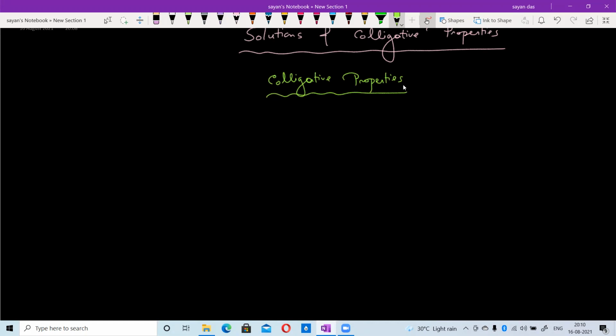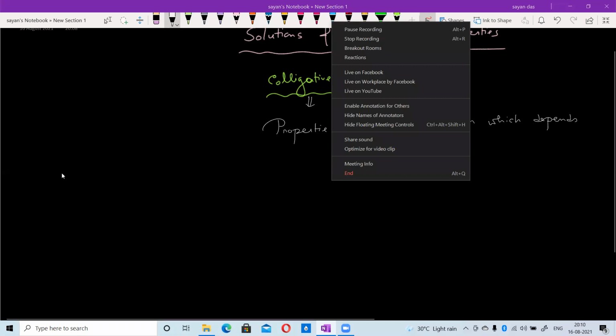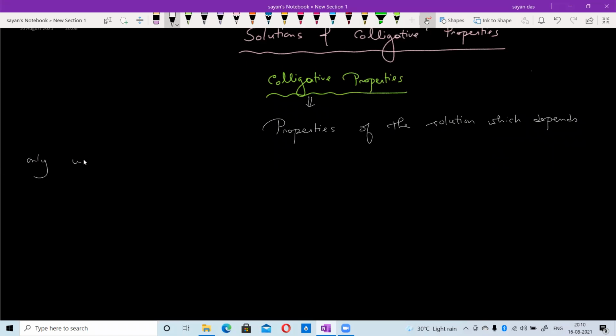Colligative properties are basically the property of a solution which depends only upon the number of solute particles present in the solution. So just write down what is a colligative property. Properties of the solution which depend only upon the number of solute particles present in the solution